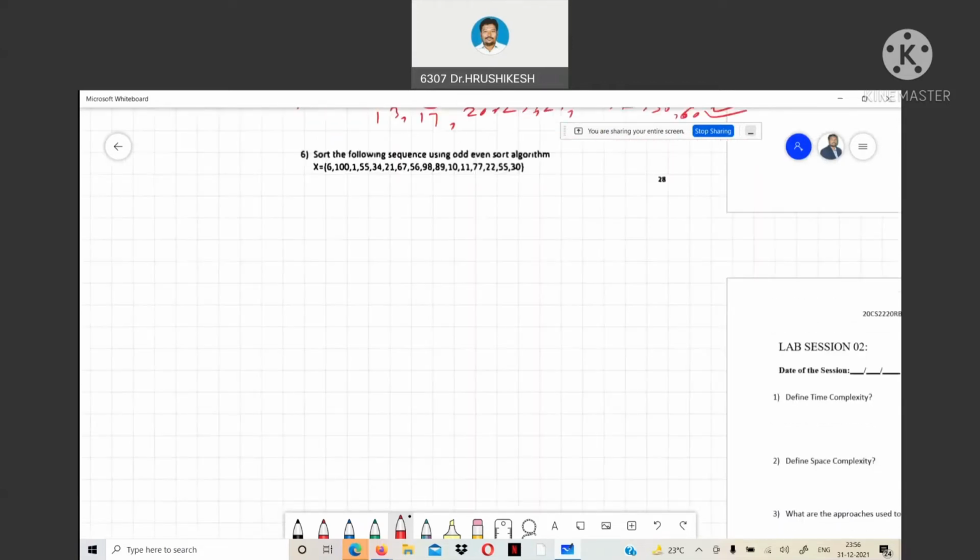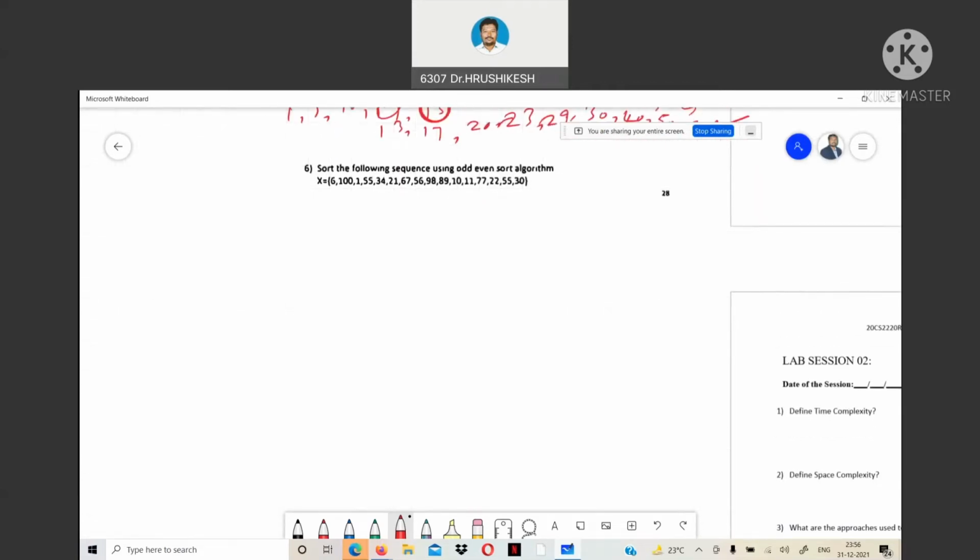So next we are going to another type of approach called odd even sort algorithm. Here one array is given that we need to break into half. So this is 4, another 4, another 4, another 4. 16 elements are there, 16 by 2, 8. So x1 is of size 8: first 8 elements in x1 and the remaining 8 elements in x2.